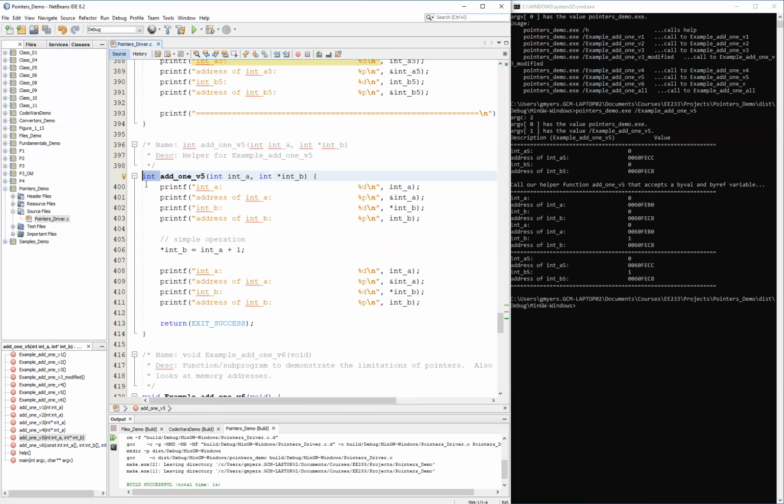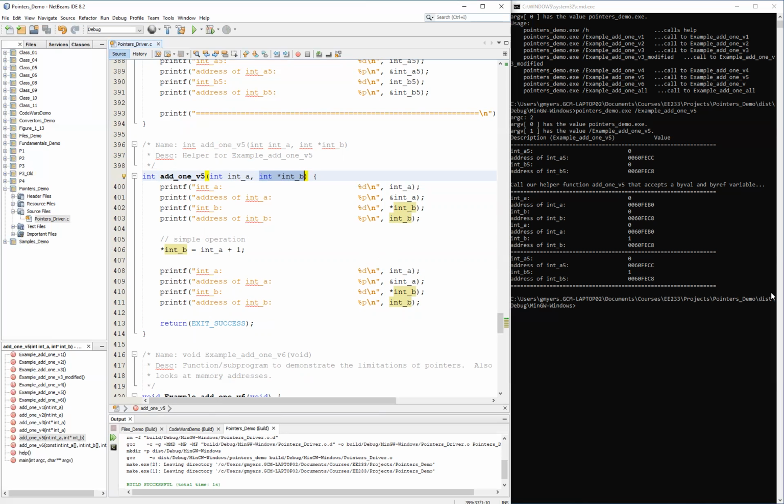So we can get more sophisticated with our error messages by returning the results of our function, but updating the by reference variables. So note the distinction here. We are returning an integer, however, we are updating our int underscore b, or specifically, we're updating the value at the address